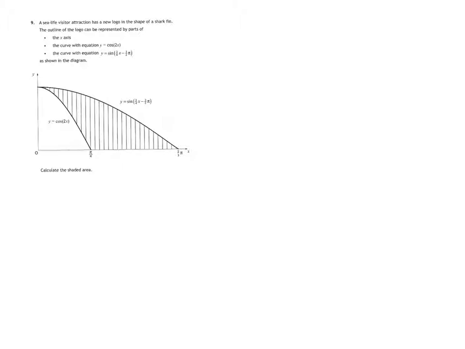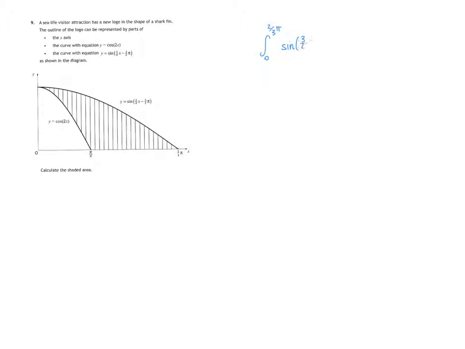Right, so on to question 9. We've been asked to find the shaded area. Okay, so this is an integration question to find the area under a graph. So we're going to have to integrate between 0 and 2 over 3 pi the sine